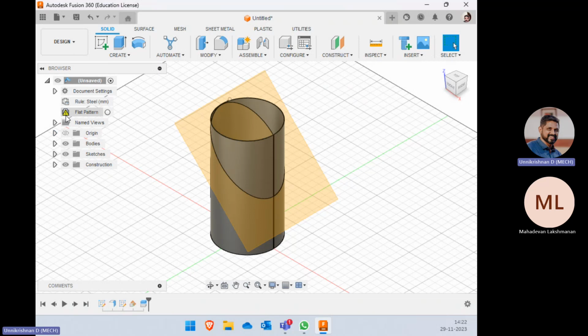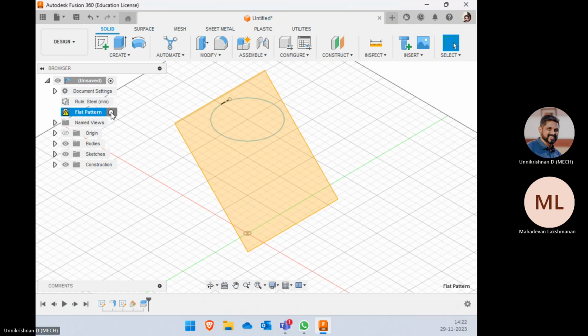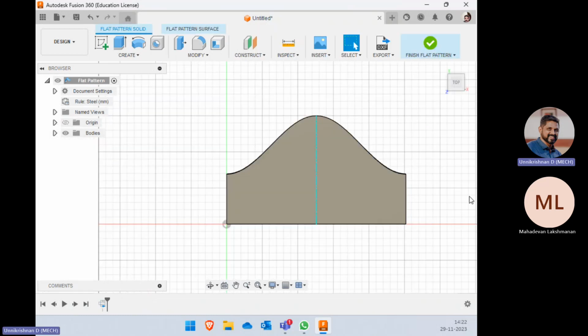Now, if you observe, your flat pattern is showing an exclamatory mark. That means there is some modification that is done in your primary model. So you can always activate it by clicking on this radio button. So you can see it has automatically generated the sectioned surface. Okay. So this is a simple method for your